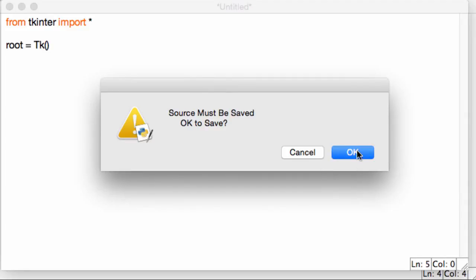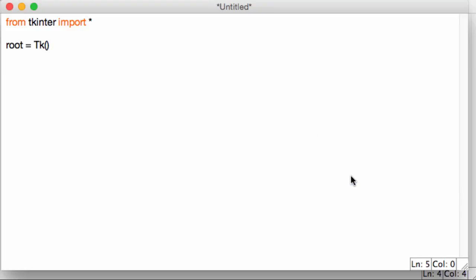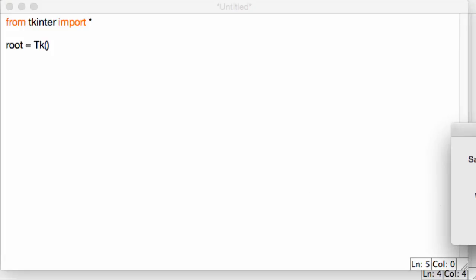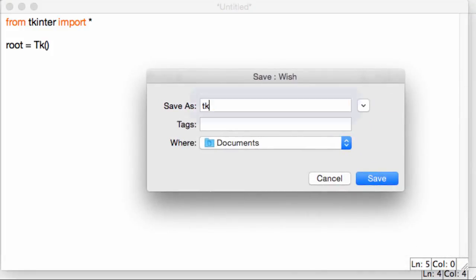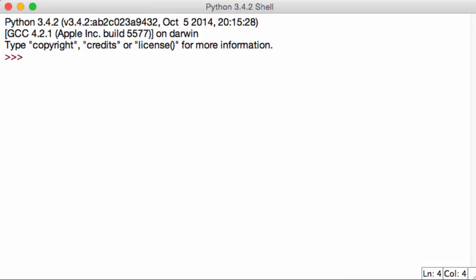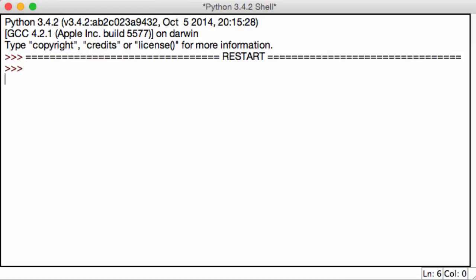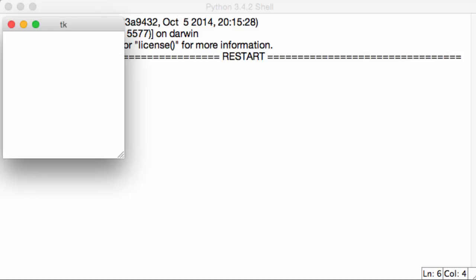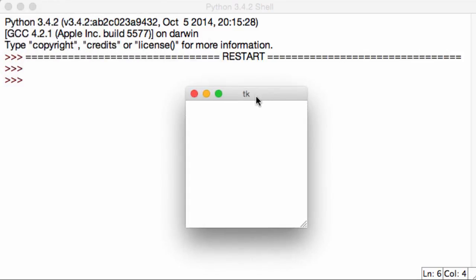It asks me, source must be saved, okay? Go ahead and save the program to your liking. Call it Tkinter test, Tkinter 1, section 1, whatever you want. I'll call it Tkinter 1 in documents, hit save. And now that we run it, it goes back over here to your Python launcher. Does something happen? Yes, it does. Your Python launcher, for me it's a rocket ship, should now load. And if you open it, you now have this very cool looking Tkinter